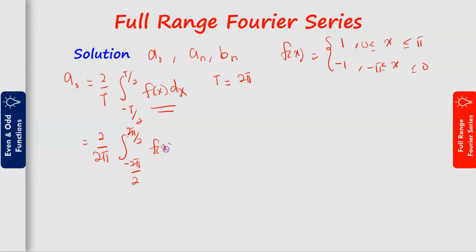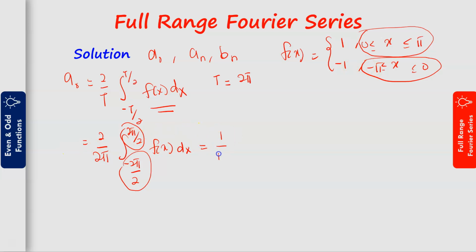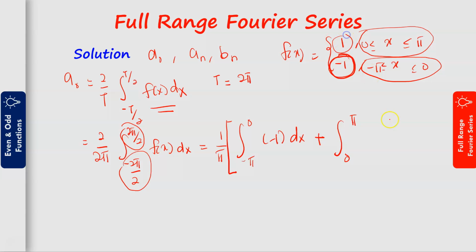First, I will write it as f(x), but here, actually for this part class, if you forgot about this T, you can base it on the domain, on the range here. When we simplify this, we get 1 over pi. We integrate, actually starting from negative pi to 0, where f(x) is this value, negative 1, dx. This one you have to put all in the bracket, plus from 0 to pi, this range, where the function is given by 1